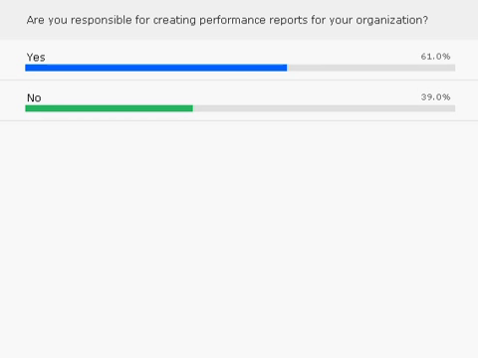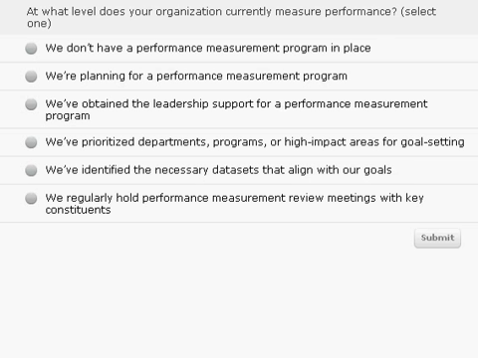And I'd love to do my next poll question before we move on. So for the next poll question, for those of you that are tracking our poll questions, is at what level does your organization currently measure performance? And so we've got some options here. The first one is we don't have a performance measurement program in place. We're planning for a performance measurement program. We've obtained leadership support for performance measurement programs. We've prioritized departments, programs, or high-impact areas for goal setting. We've identified the necessary data sets that align with our goals. And the last option there is we regularly hold performance measurement review meetings with key constituents. So that's our poll question, and then I would love to jump right back in and talk with Team KC